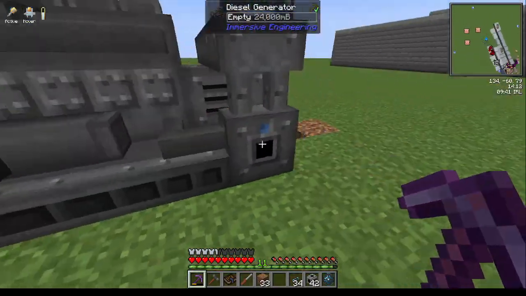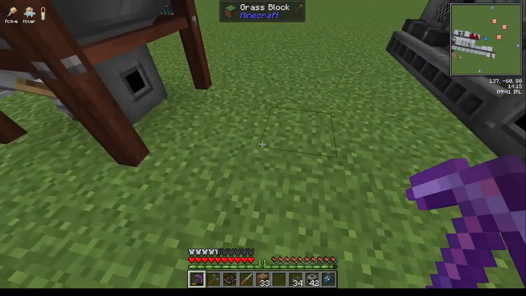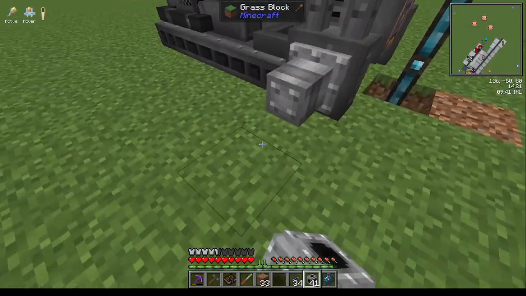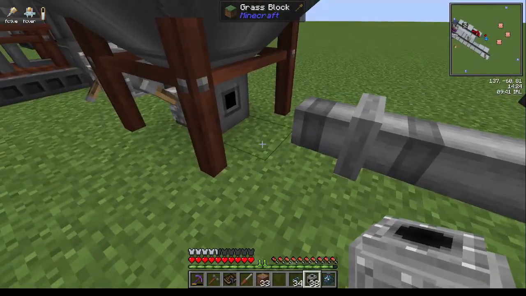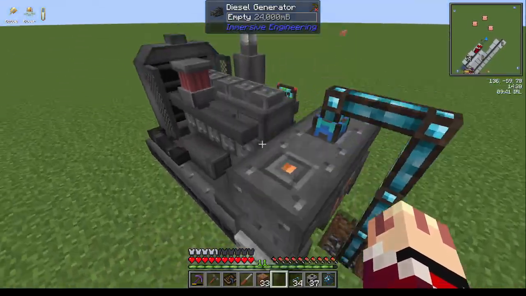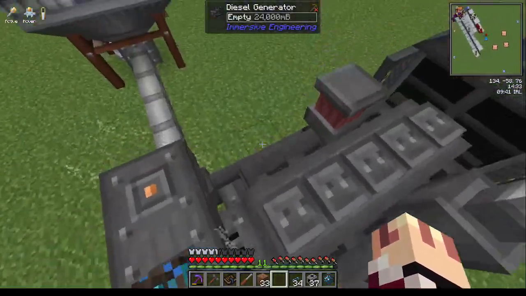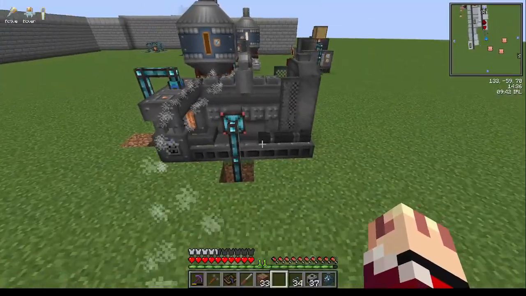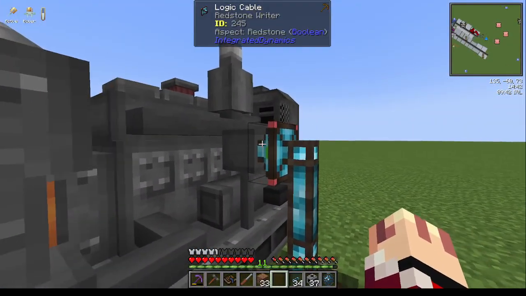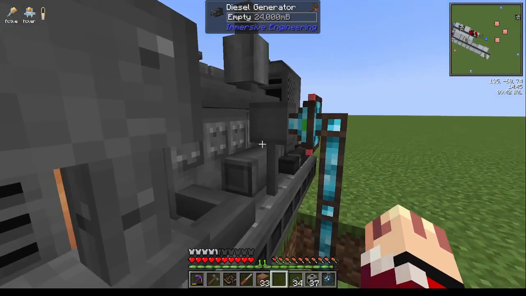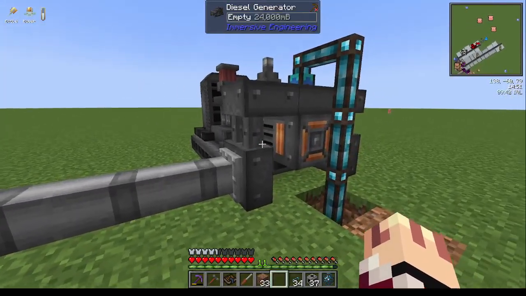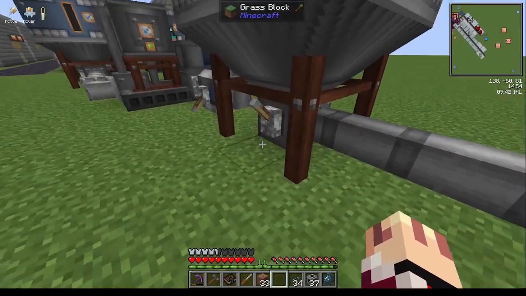Which means, in theory, if we connect this up, this should not be sending any power. This should not export power. Even if we let the fuel flow to the diesel generator, because the diesel generator should only produce power if this is working right. If not, I'll have to use the screwdriver on this part and get it working right. But it also only outputs power if something can accept the power too, so